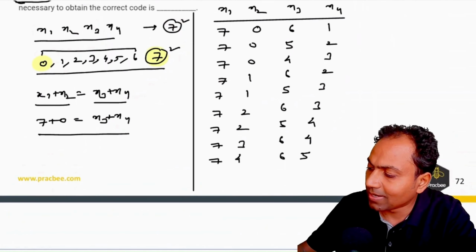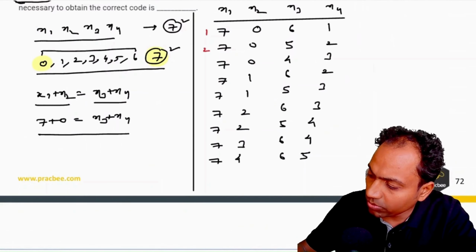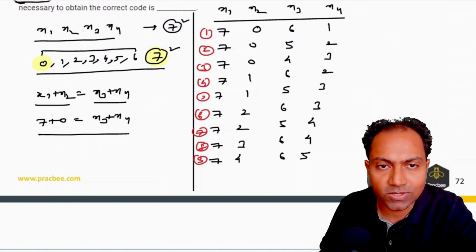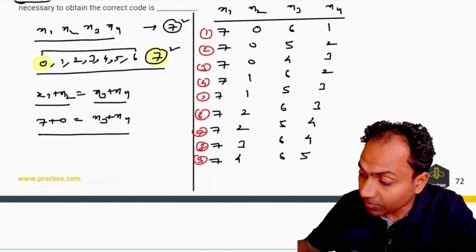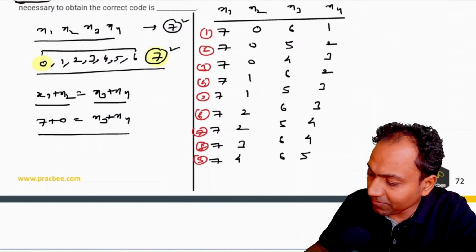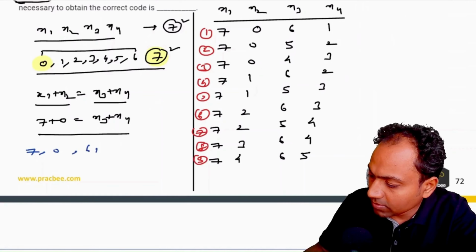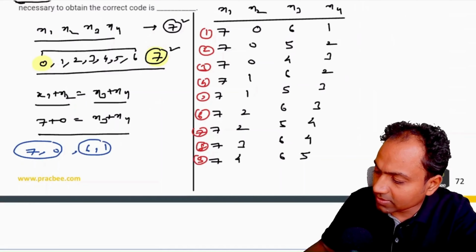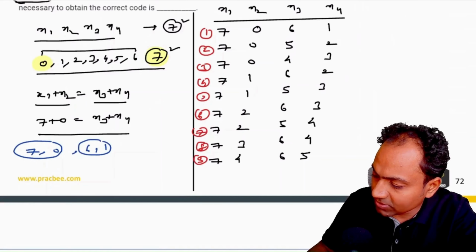So what we can see is that in total we have got 1, 2, 3, 4, 5, 6, 7, 8 and 9 cases. Now let us take any one of these cases and see what are the internal possibilities that can happen. So if I take my first case itself, my first case says that the numbers are nothing but 7, 0, 6, 1. So now one thing you can do is we have taken 7 here and we can reverse and write this as, so now first we can reverse between them. So if I take my first as 0,